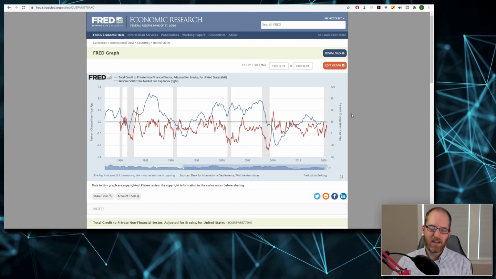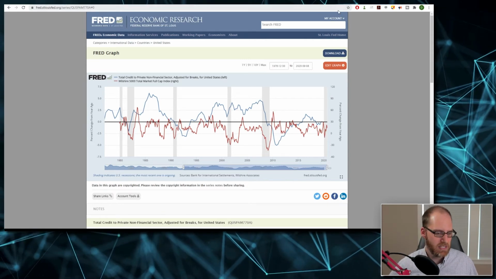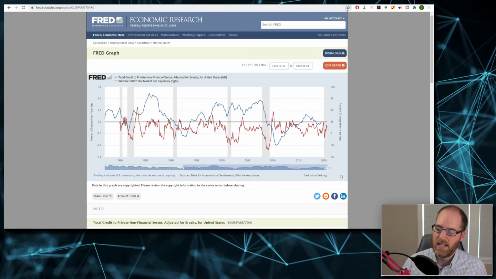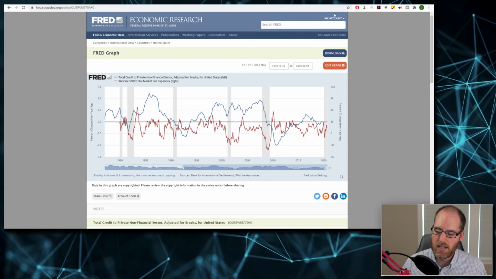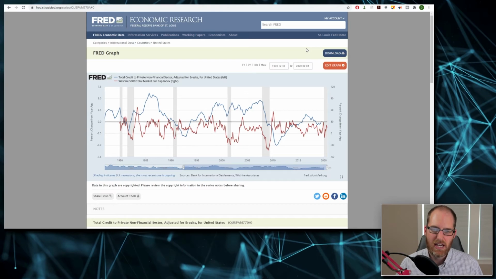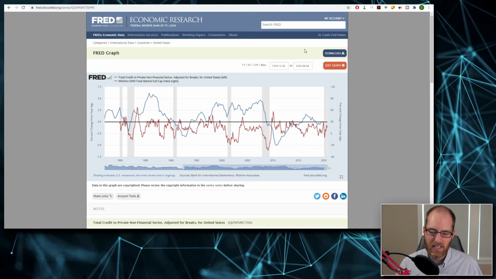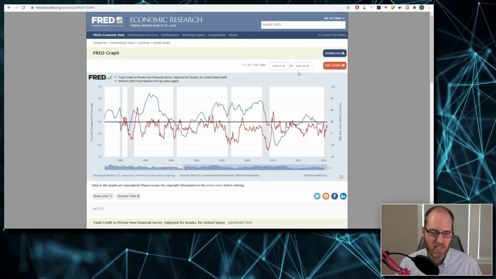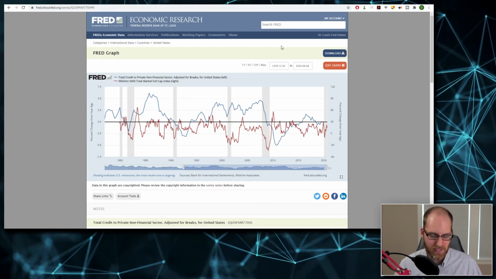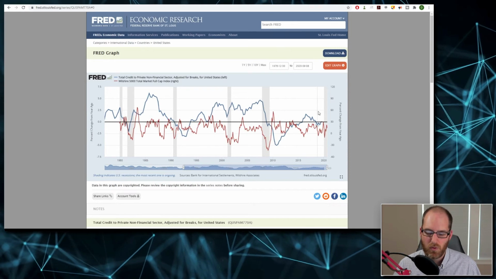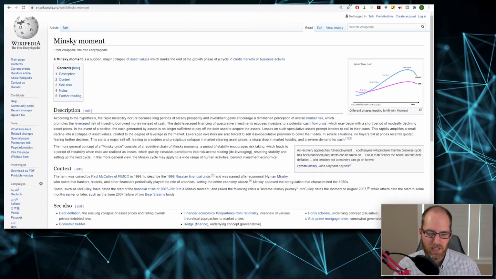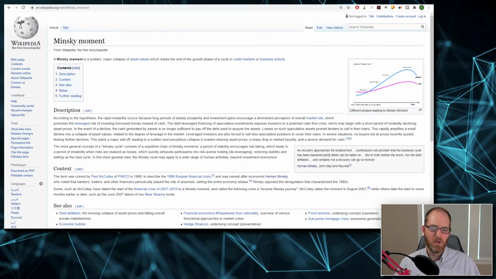So the final thing I want to touch on is, and this is the big thing that I'm looking for right now, if and when we start to see a sudden reacceleration of private debt, which I think we have seen indications of. We're starting to see some acceleration of it. This is when you've got to be careful of what's called the Minsky moment, right? Where